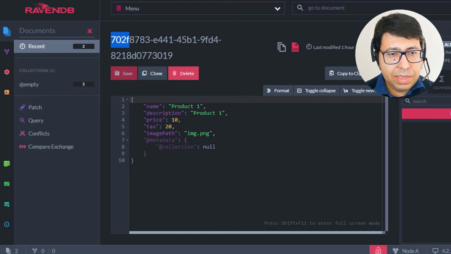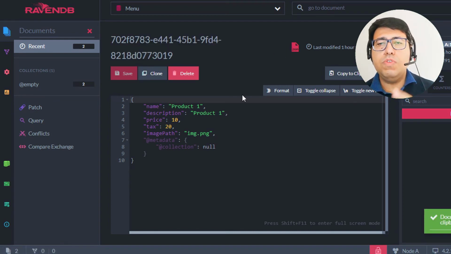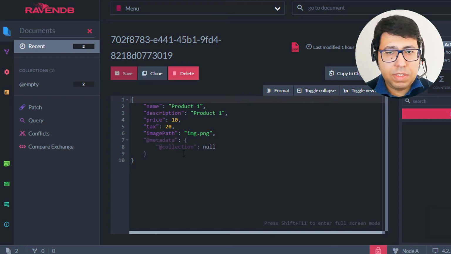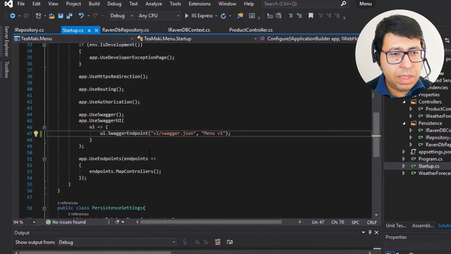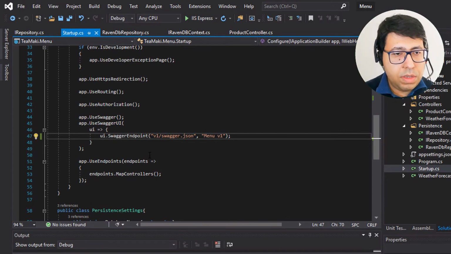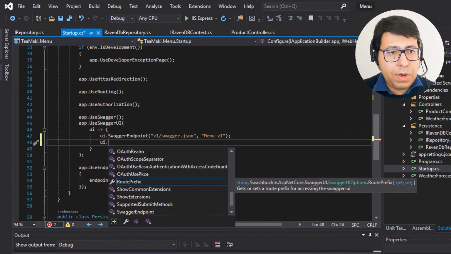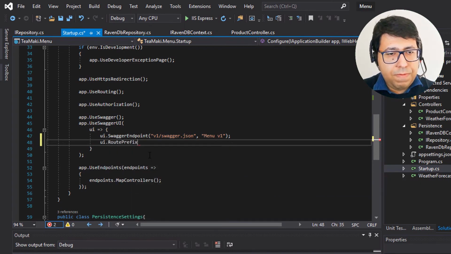So let me select first the product 1, the ID, and this is the ID that we're going to use on the Swagger UI to retrieve our product. Okay, but before we actually start, let me do one quick thing that was missing here in this Swagger UI. I'm going to go to UI inside of the Swagger UI, okay? And I'm going to set route prefix to be empty. This means that